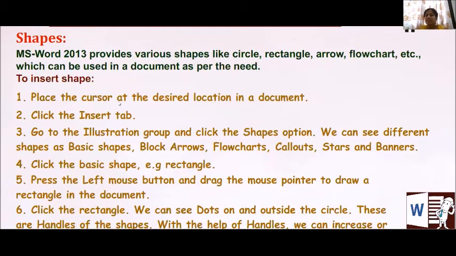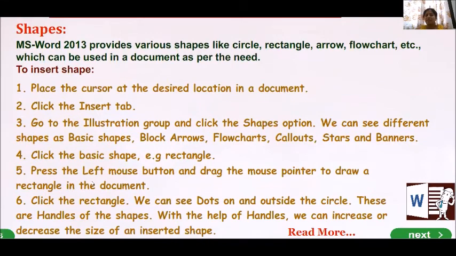To insert, place the cursor at the desired location in the document. Click the Insert tab, go to the Illustration group and click the Shape option. We can see different shapes like this. Basic shapes are block arrow, flowchart, callout, stars, banners. Click a basic shape, for example a rectangle, press the left mouse button and drag the mouse pointer to draw a rectangle